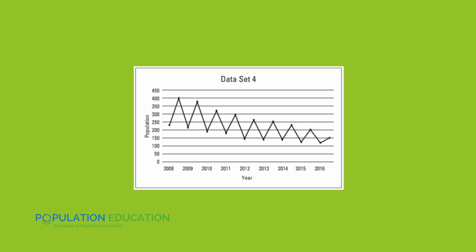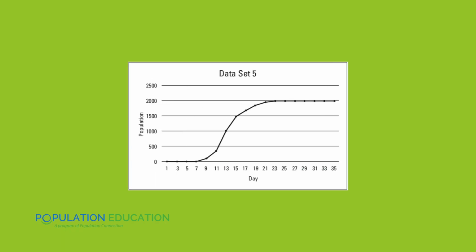Number 4, we see a downward trend line, and we also see a zigzagging up and down over time. This one represents the cerulean warbler. It's going down over time, which is mentioned in the description as it being added to the endangered species list, and that zigzagging effect is actually due to its status as a migratory bird. Because it's in different places at different points in the year, their population is going to be much lower when they've already migrated away. And graph number 5 is Bacteria X again, but this time it's our second population.